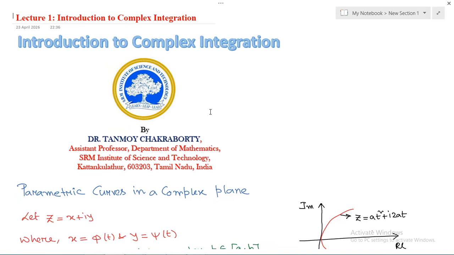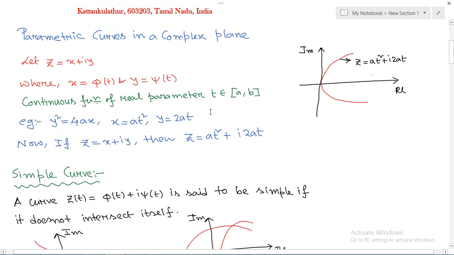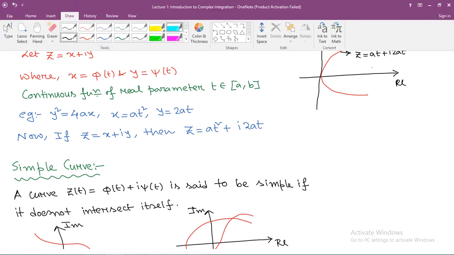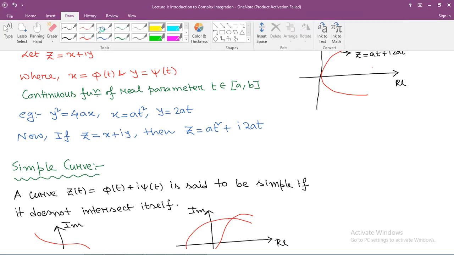Before we start, first of all we are going to start with the different types of curves in the complex plane. Here we are focusing basically on parametric curves in a complex plane. Parametric curves in a complex plane. So everyone knows that